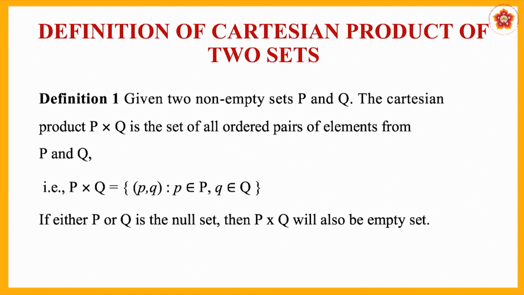If P and Q are two non-empty sets, then P cross Q is defined as (x, y) such that x belongs to P and y belongs to Q. In other words, it is a set of